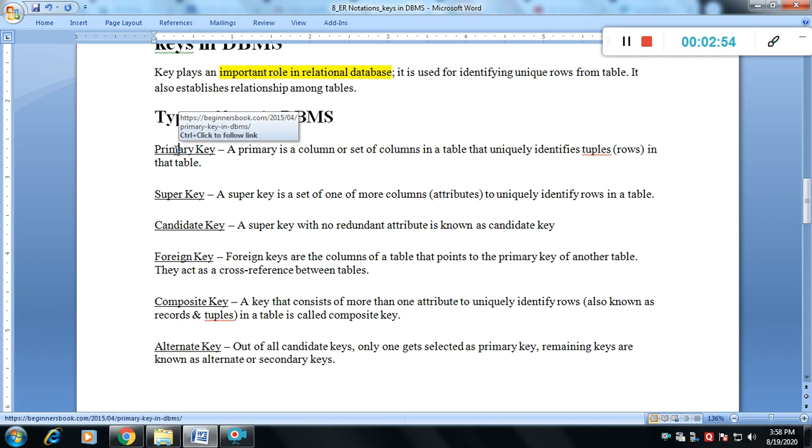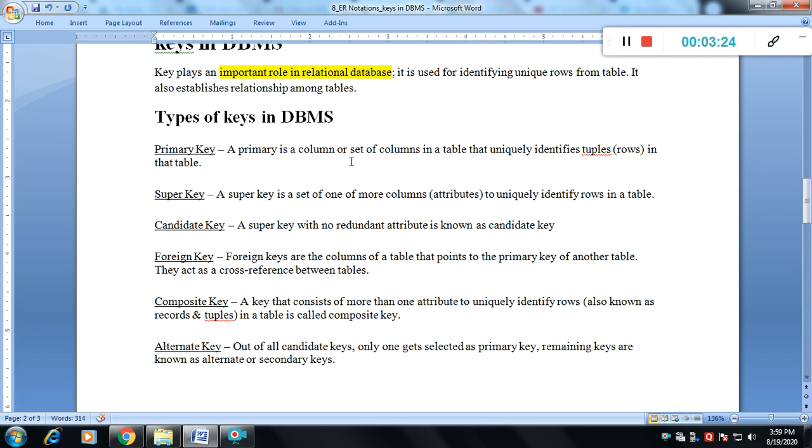Then we can easily understand the definition of the primary key. A primary key is a column, like roll number, that represents a unique row. When we say roll number 10, it is in the roll number column and indicates a particular row, the roll number 10 student's information.